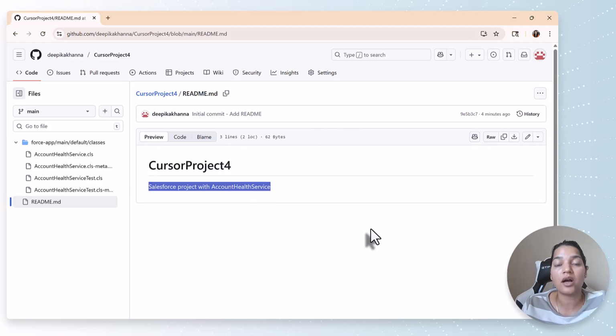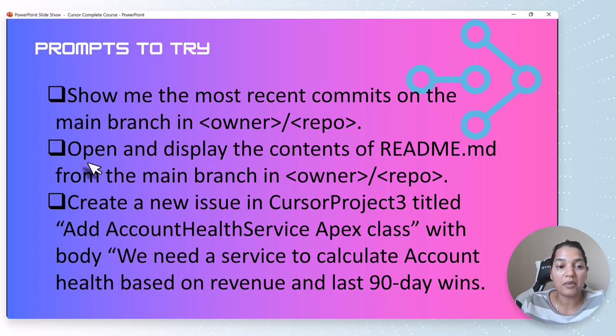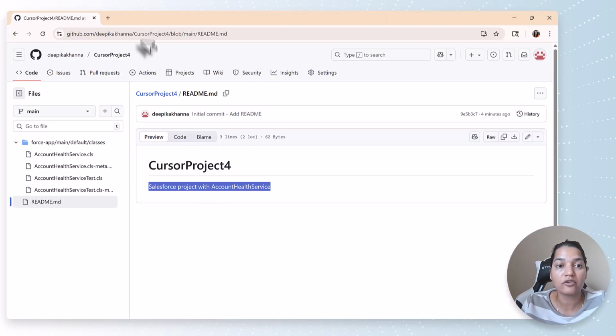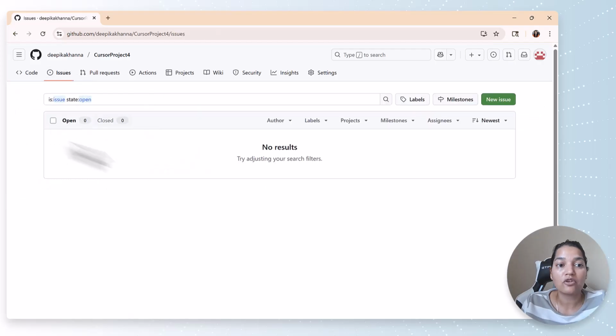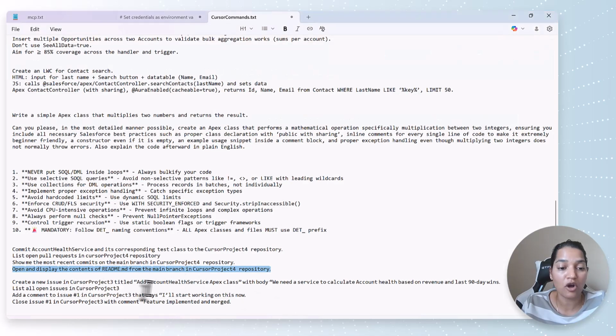So if you want to update the readme file, you can try to do that as well through the prompt that you give to Cursor. Okay, the next command I wanted to do is create a new issue in Cursor project 4, with this title and this as the new issue you want it to create. Right now, if you go over to the issues, there are no issues that are currently either open or closed. So if you want to create a new issue, all you need to do is copy this,